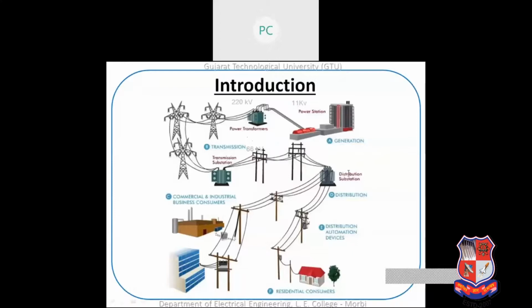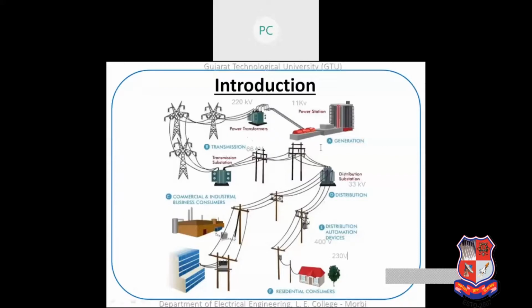Further, this 66 kV can be converted into, let's say, 33 kV. As per the requirement, it can be less than that also. And what is this doing? Again, it is stepping down 66 kV into 33 kV. If you see here, this 33 kV will further, if required, reduce to 400 volt. And then again, we know that this is three phase, then we are converting it to single phase. So this 400 will become 230 volt at our home, right?